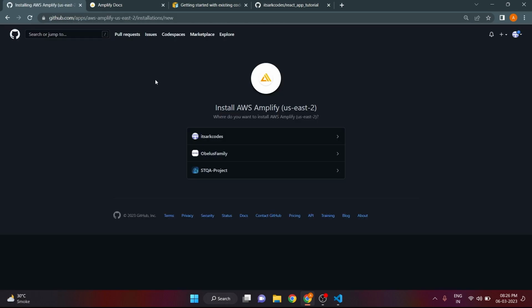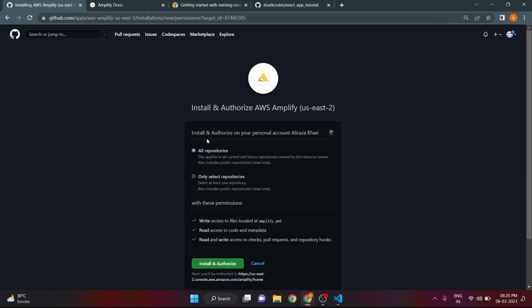Then it will take me to sign into my AWS account. Now I have already logged into my AWS account, that's why it's directly asking me to install AWS Amplify. But for you, if you haven't logged in, you will first log into your AWS account, then you will get this page. For now I have two other organizations, that's why I'm getting this, but by default it will be selected by your account. So here I will select my account, and it is asking to install and authorize this AWS Amplify app to your